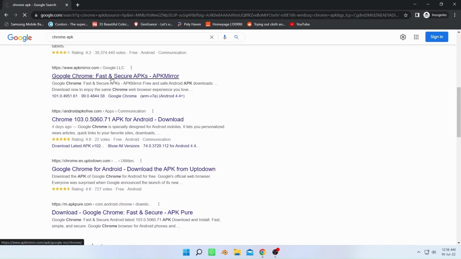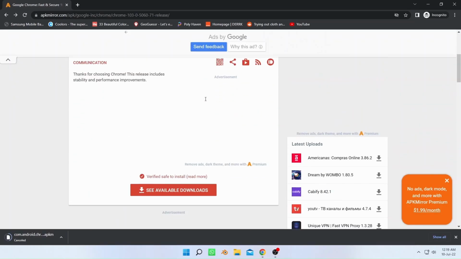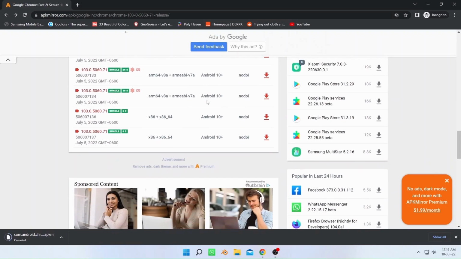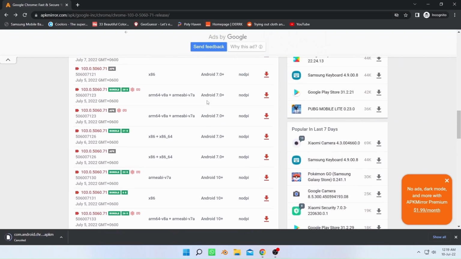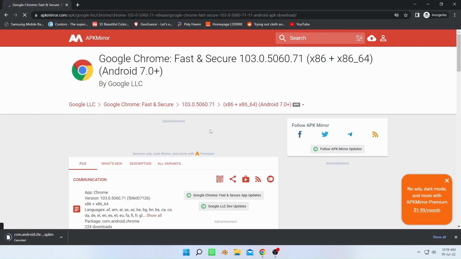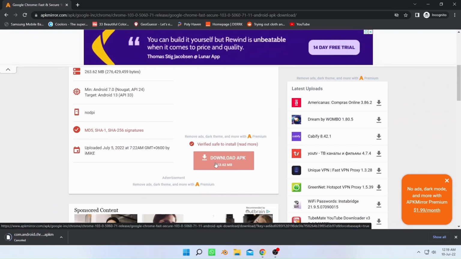I feel comfortable using apkmirror.com. You will find several architecture variants of the same version of the app. You can try different variants of the app if it does not work on WSA. From what I have seen so far, the x86, 64-bit or 32-bit variant works most of the time. Download the Chrome APK file